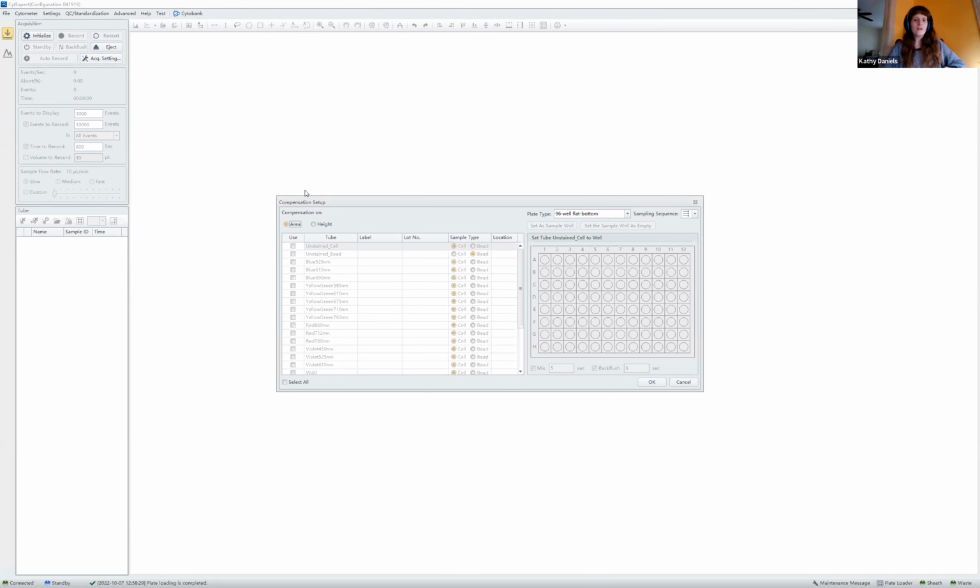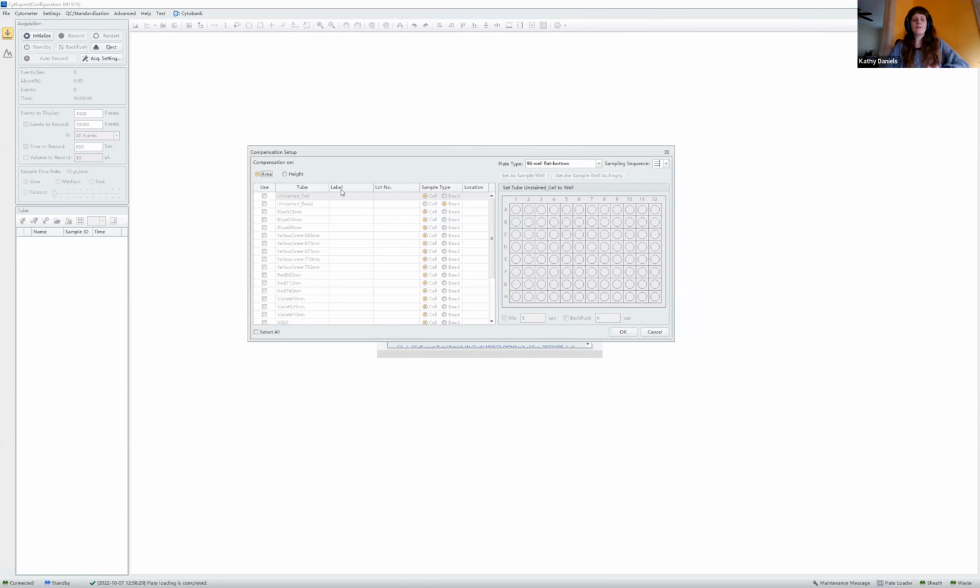What I typically like to do is a little different from what some other people like to do. As we spoke about in prior sessions on voltage and gain optimization, you want to make sure your fully stained experimental sample is on scale and that you're getting the best possible resolution of your populations. We want to do the same thing here utilizing the CytoFLEX, but it can be slightly